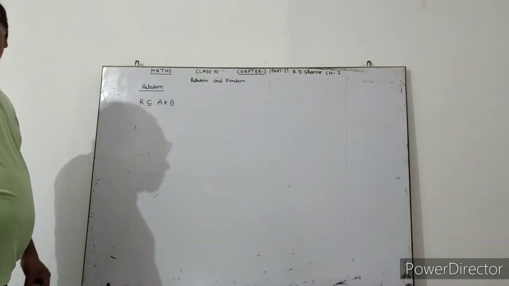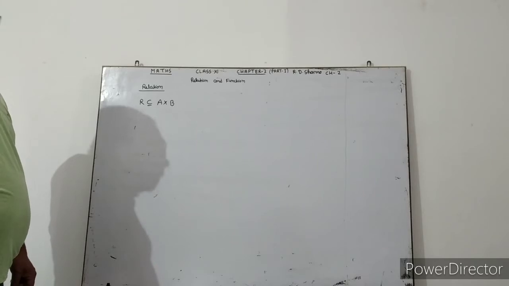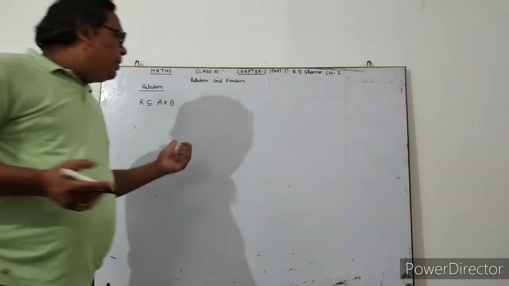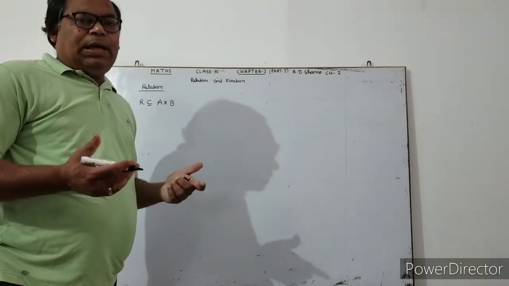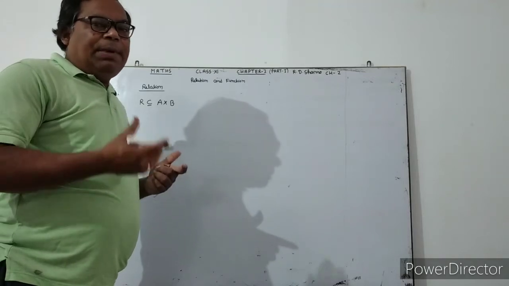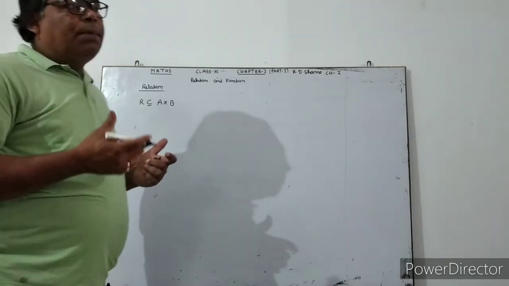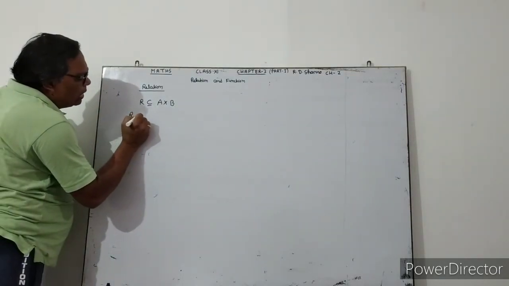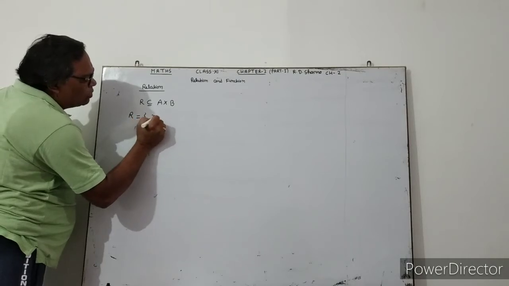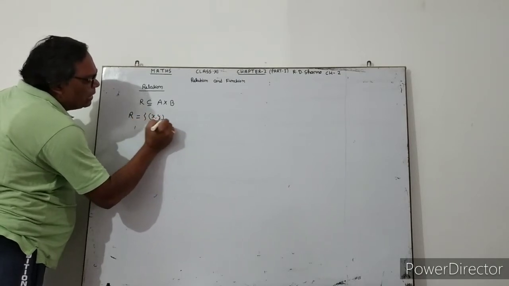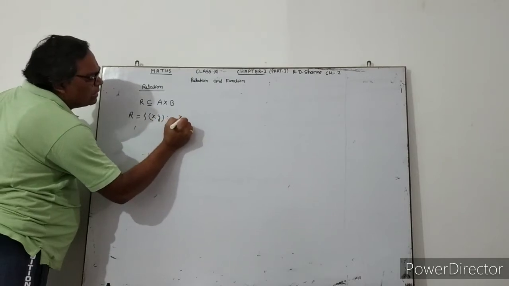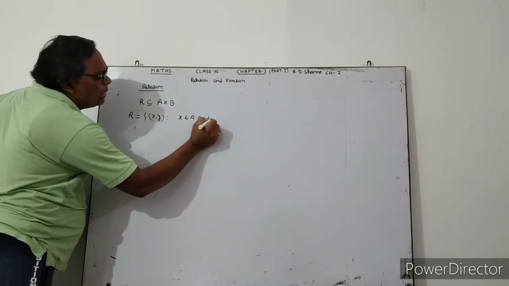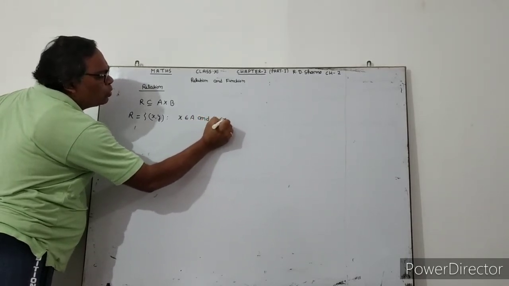रिलेशन क्या होगा? हमेशा सबसेट होगा किसका? कार्टेशियन प्रोडक्ट का। दिस मीन्स और जो A क्रॉस B के जो एलिमेंट आते हैं वो किस में आते हैं? पेयर में आते हैं। अभी हमने डिस्कस किया था कि the elements of A cross B are in the pairs. Now A cross B, when the relation, is (x, y) such that x belongs to A and y belongs to B.